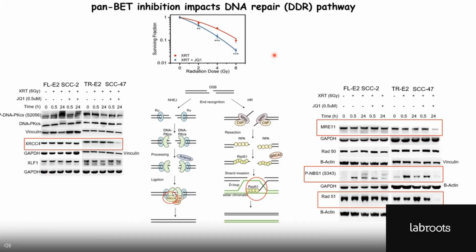So then what we did is we did a standard clonogenic assay, where you radiate cells with different doses of radiation and make a clonogenic survival assay, and we identified that BET inhibition did seem to have an impact as well on the survival of these cells. So then we looked at all these different DNA repair components